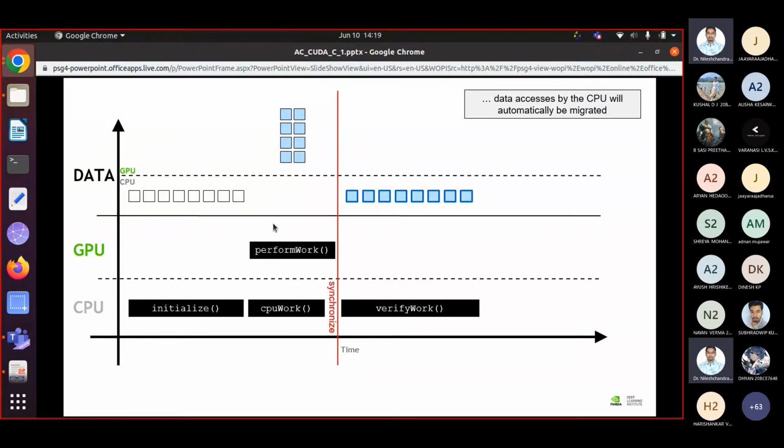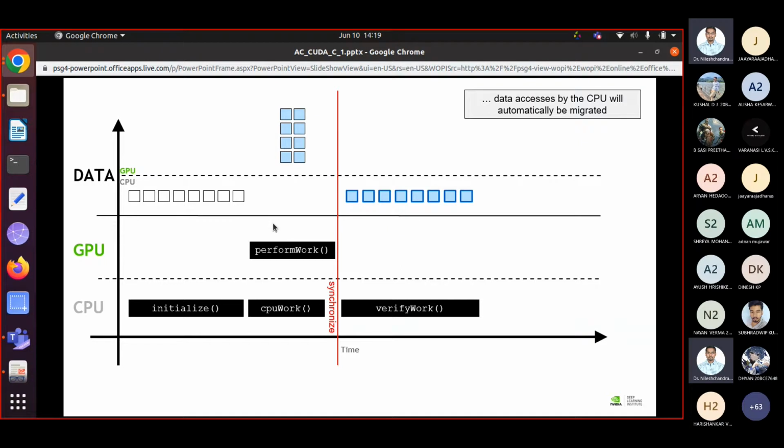So the key takeaway from this presentation is: whenever you want to perform any computation on the CPU side, the data required for that computation must reside in the CPU's main memory, that is your RAM.